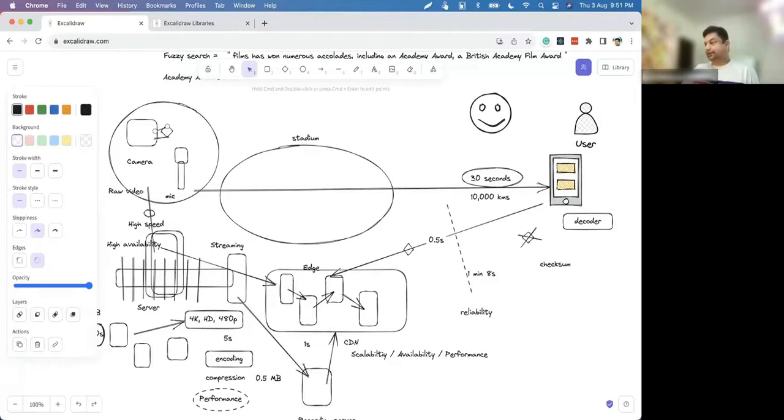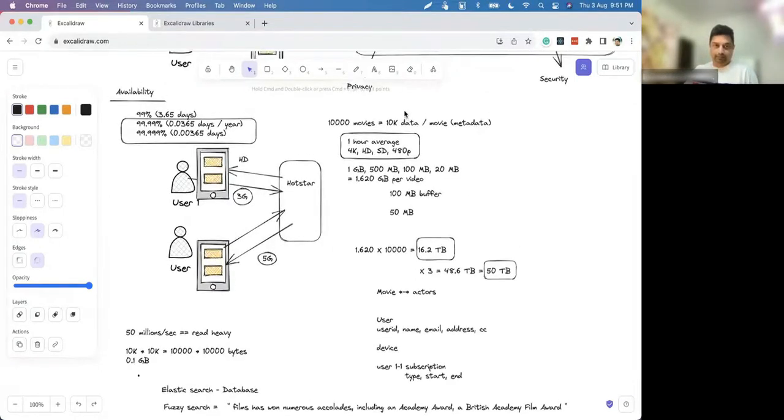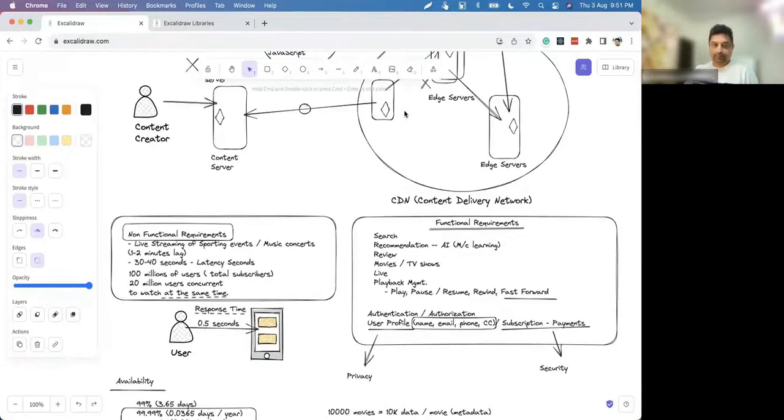So is this clear? Right, we satisfied all the requirements, functional as well as non-functional requirements. So if you can convince the interviewer that this way I'll be able to take care of all the functional and non-functional requirements, you will definitely do well in the interview. He will give you good feedback, good rating.